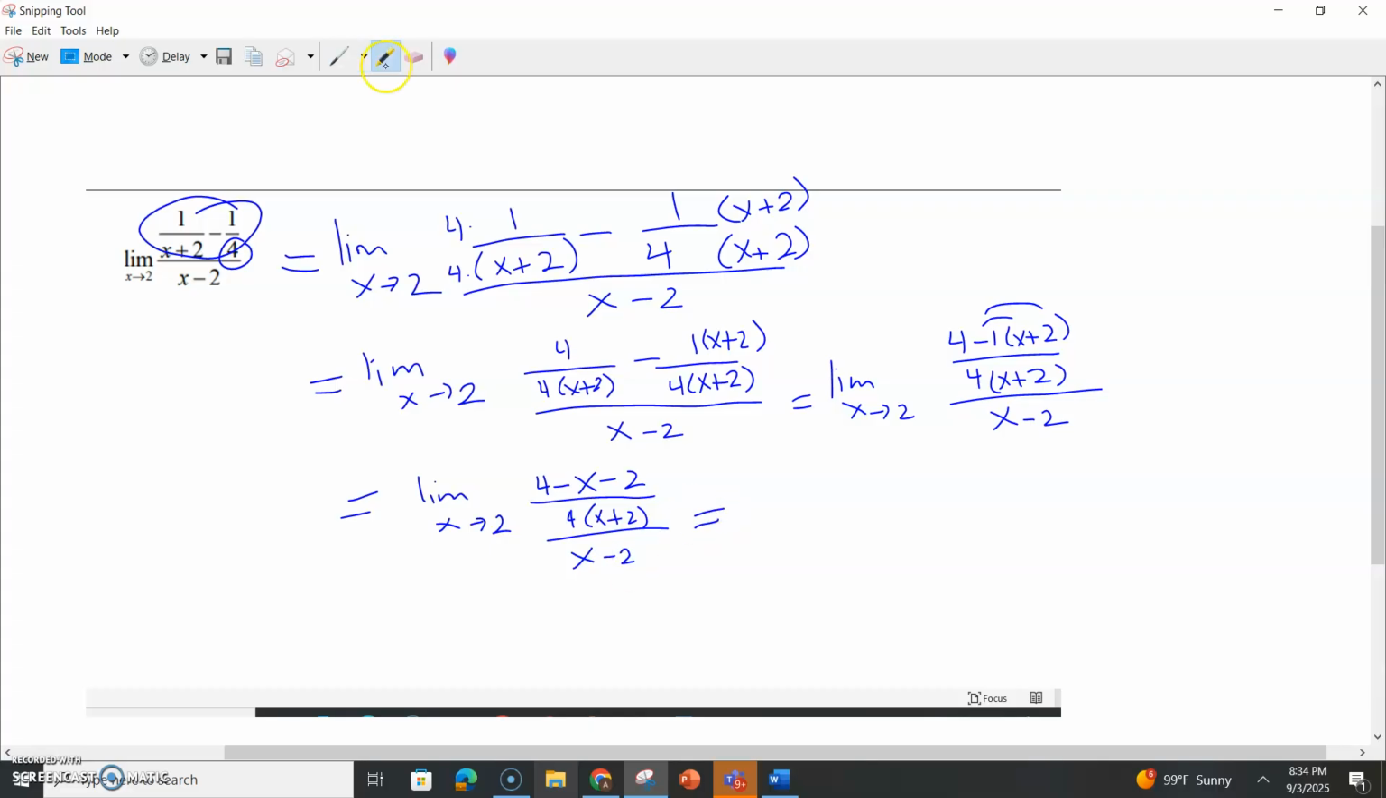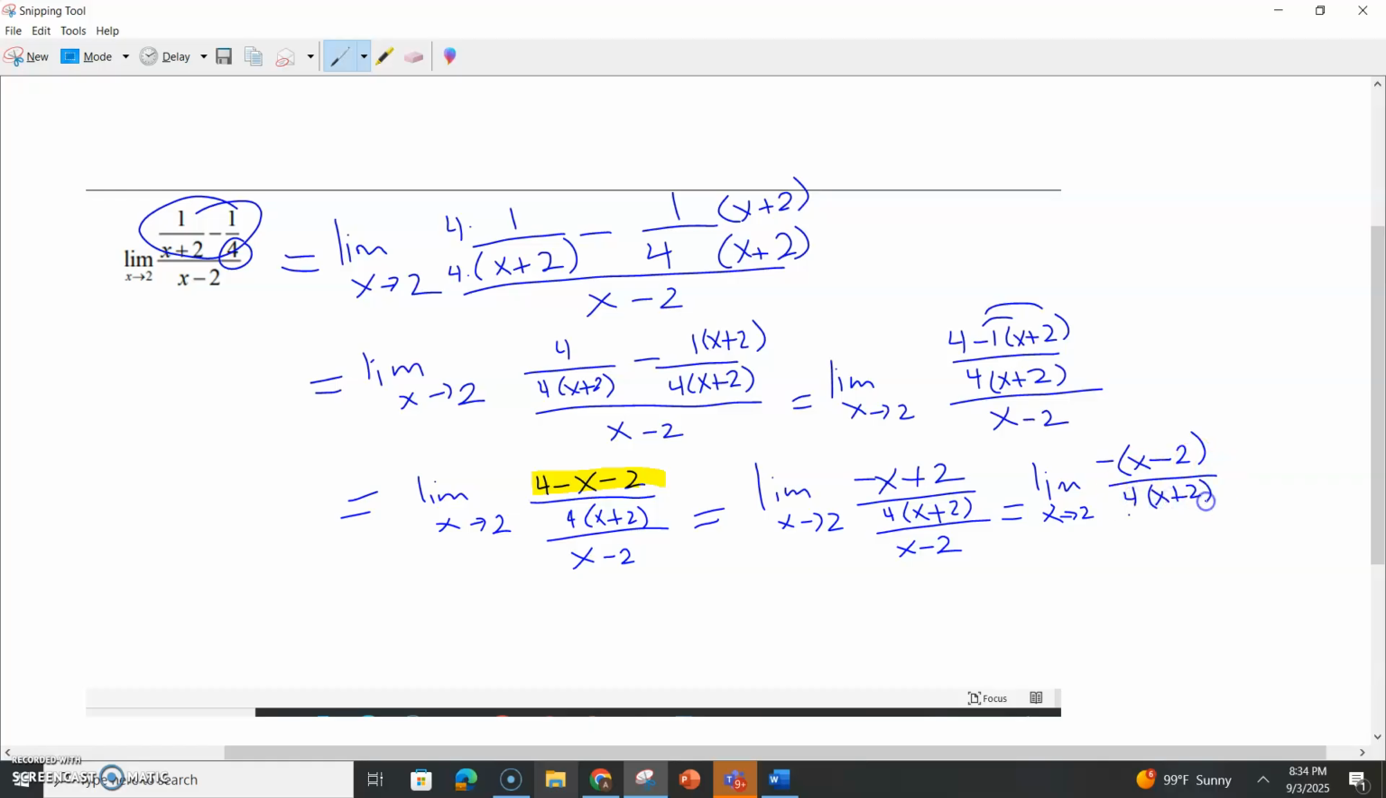Simplifying the numerator right here on top is going to give us the limit as x approaches 2 of 4 minus 2 is 2, so it's negative x plus 2 over 4 times x plus 2, over x minus 2. Note at this point nothing can cancel, so what we have to recognize is that in the numerator up there, if I factor out a negative from the x and from the 2, it can be written in this form, which is nice. Note these two expressions are the same, that the x minus 2's then cancel,